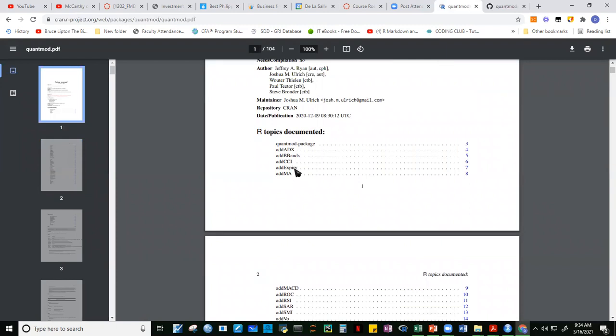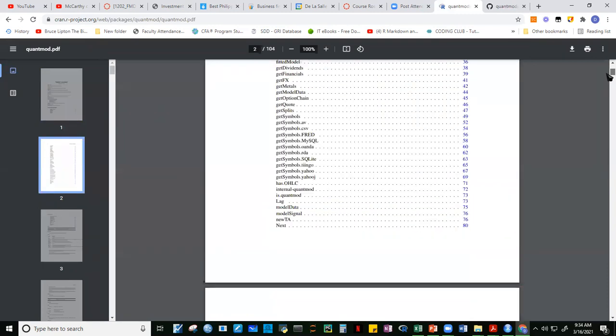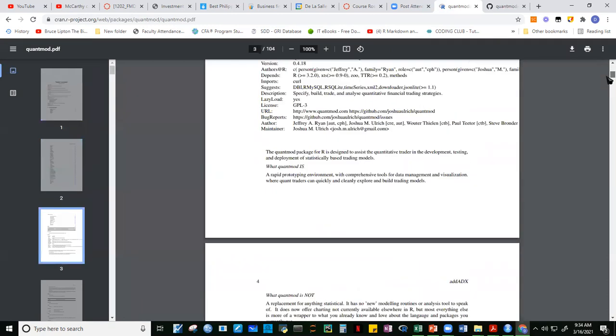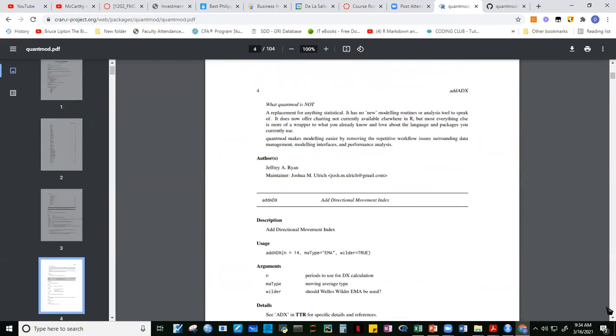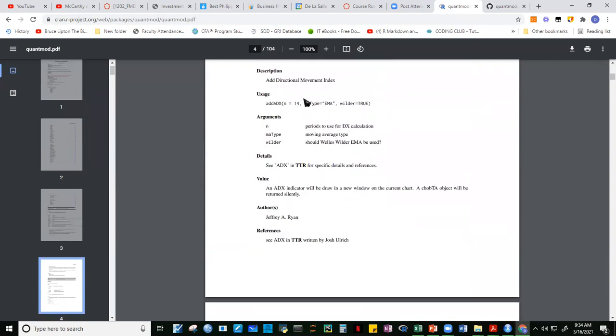So ito yung documentation niya. Now these are the functions. Add ADX, add Bollinger Bands, CCI, etc. So those are the functions that are present that are available. Get symbols, that I think that's average, .csv, etc. Wanda, RDA. So dito yung pinanggagalingan ng mga data natin. Pwedeng get symbols at Yahoo. So these are the different functionalities of this package,